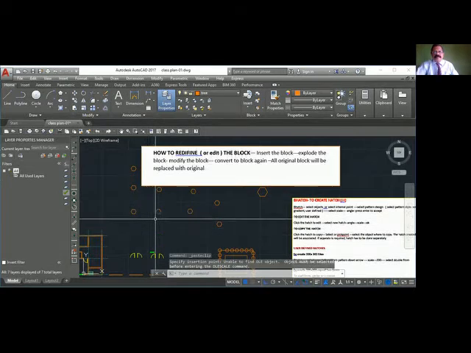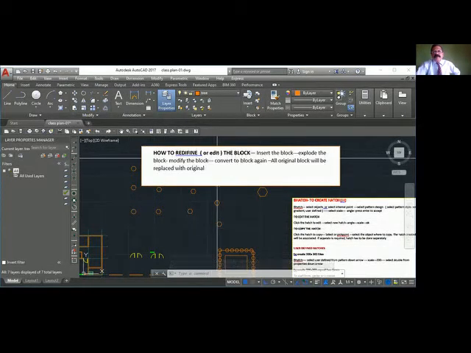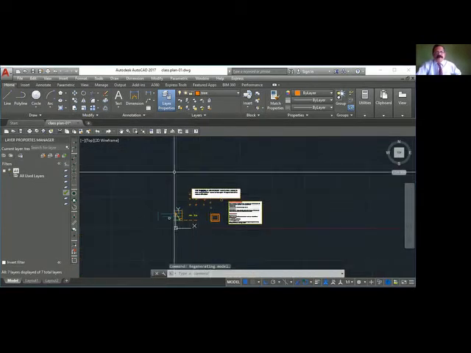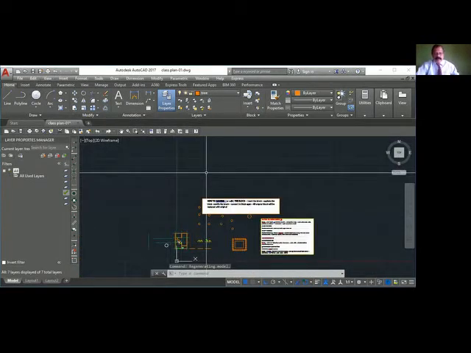Okay, so you can see this, how to redefine or edit a block. Can you see this command? Yes, sir. Okay, just write down how to redefine or edit the block. First, you insert the block, or the block should be there. Okay, so this is another method.